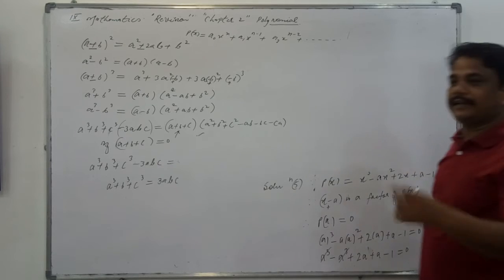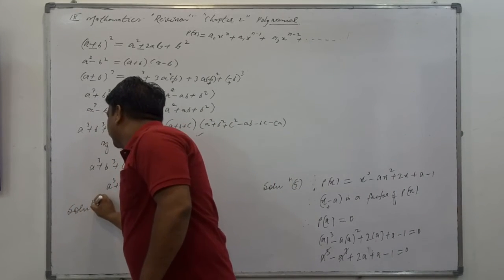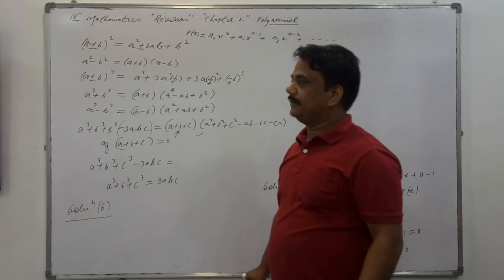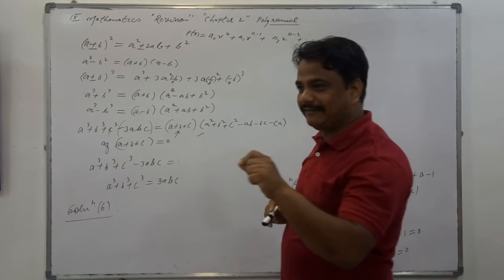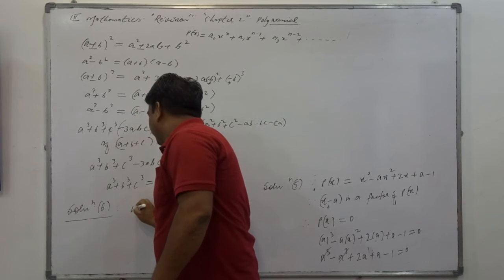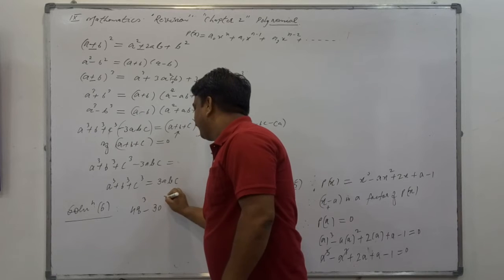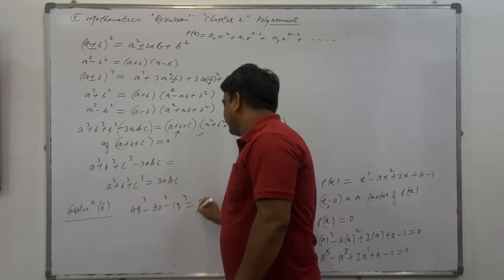Now look, the question variety 6. What is the variety of question 6? Solution number 6, you may see that here. Variety 6, this you have given in one. Without actually calculating the cube. Without actually calculating cubes, understand what we have to use here, okay? Without actually calculating, so 48 cube minus what? 30 cube minus what next is? 18. We have to find out this answer.